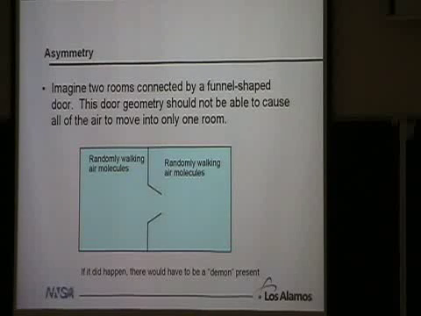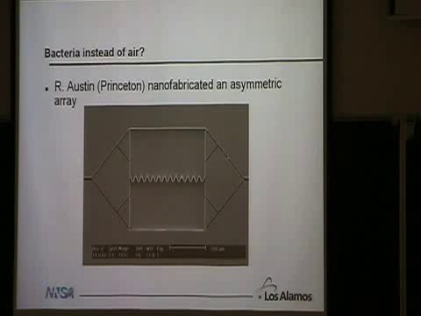All right, so now let's take a look at symmetry, which, as you know, is very important in these ratcheting processes. So imagine if you had a room with this geometry. We have a room with a divider, and we have two doors, and we open the doors like this. Now, you do not expect that because you have broken symmetry of the room, all the air molecules from this side are going to go over to this side, and everybody on this side of the room will suffocate. If we've got a door open back there at an angle, we'd be in trouble. So obviously, you sort of know that this won't happen. If it did happen, you would claim, well, there must be some kind of demon present that's causing the air to violate thermodynamics here. Well, what happens if you don't do this with air, but you do it with bacteria?